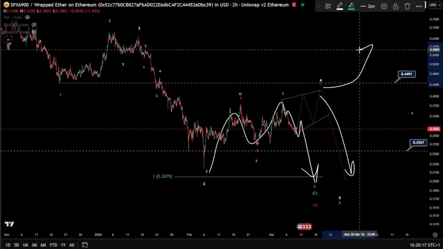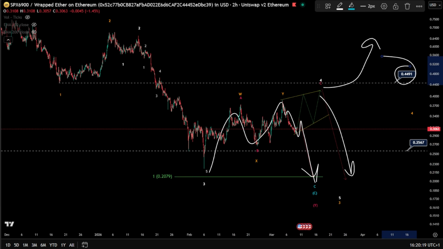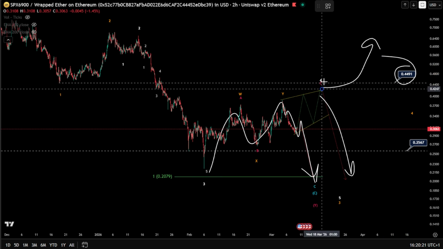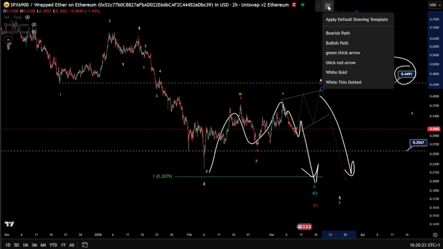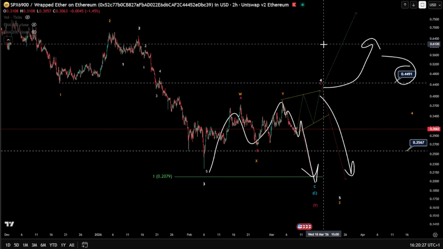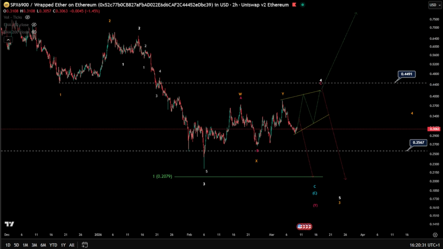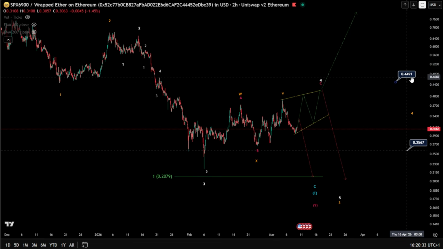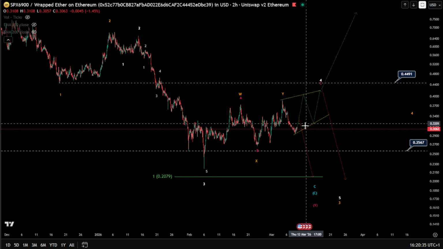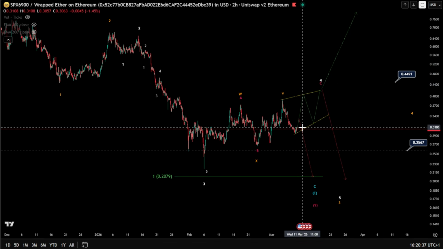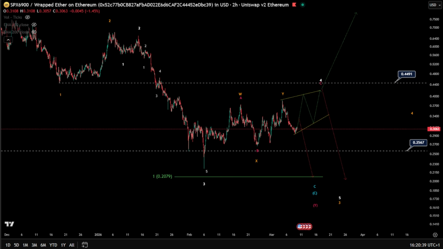Now, breaking, of course, this level is your bullish scenario, the only scenario where you can count yourself, of course, as something bullish here toward the upside. Okay, so this is the only way to count, of course, a bullish, and by taking the 0.45, let's say, of course, as a price. That was it for SPX 6900.